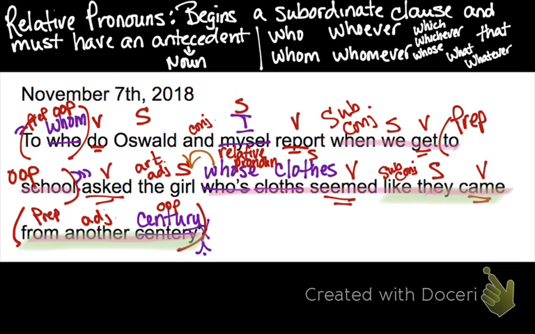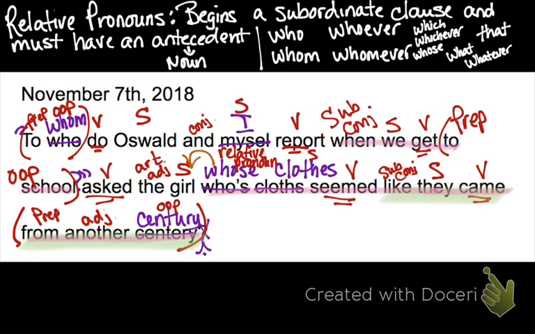Do you see it? Does it make sense? Is it coming clearer? A little bit? There's a lot of information going on in here, right? Okay. Easiest way that I'm finding to break this down with you guys is to find the verbs. Am I right? Find your verbs, then you can find your subjects, then you can find your prepositional phrases, and then those other pieces that are really difficult to find, like our relative pronouns and our subordinate conjunctions.